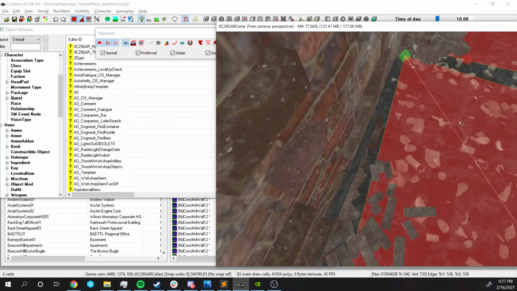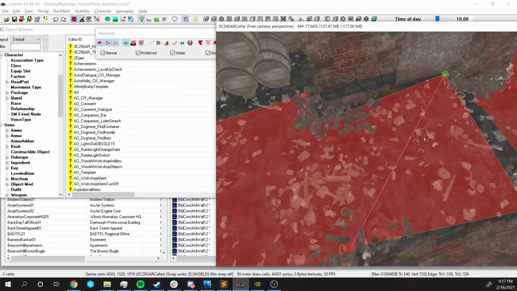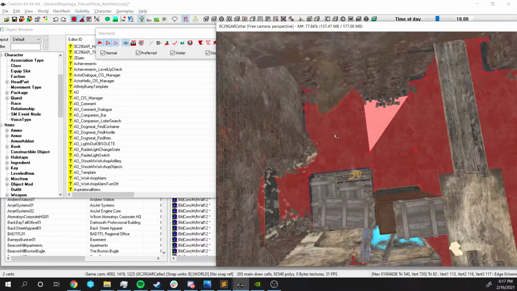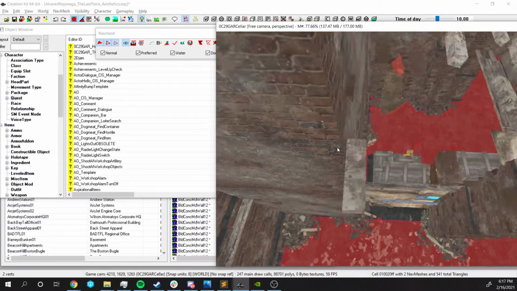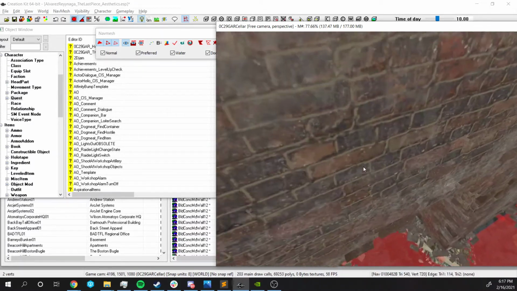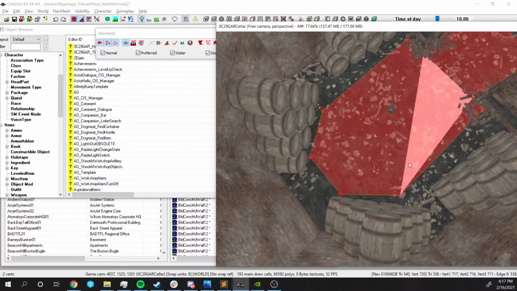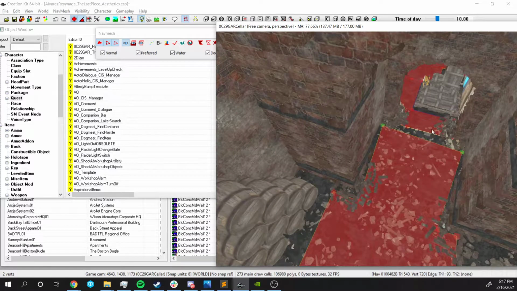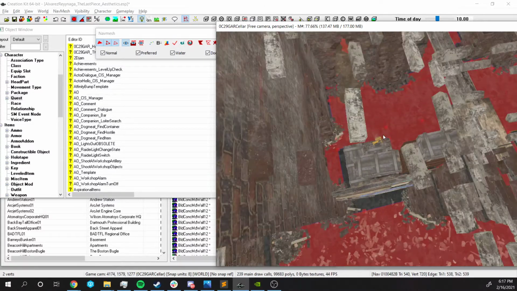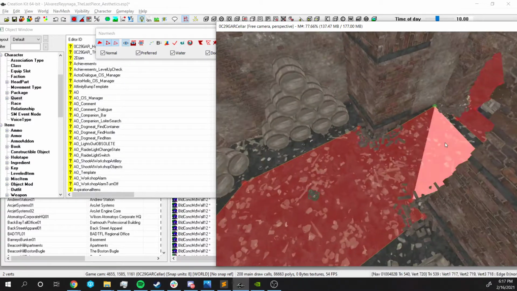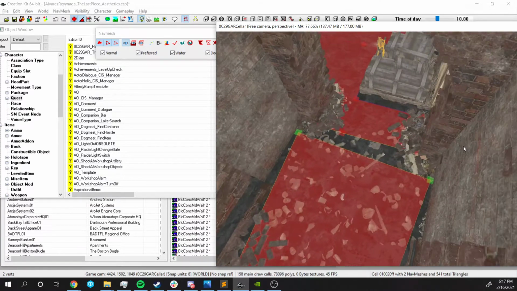There we go. Now let's say I have another nav mesh island here. A nav mesh island is a group of nav mesh faces that are connected together. So for example, this is an island, and it's separate from this bigger island. Now, how do we connect them? Well, what we can do is